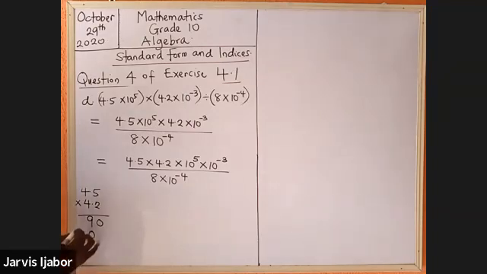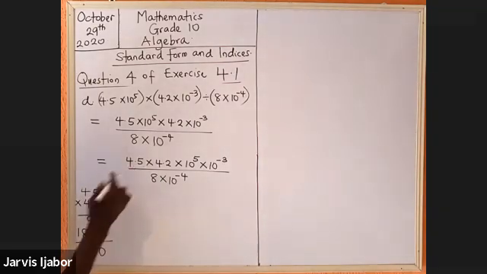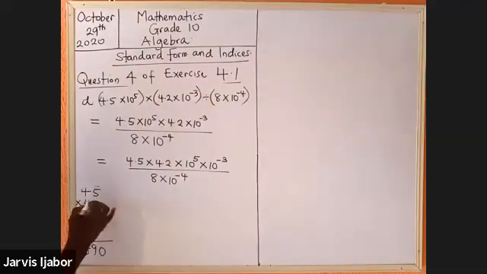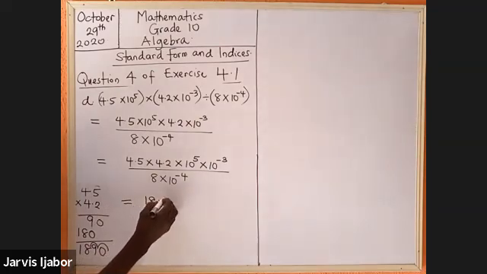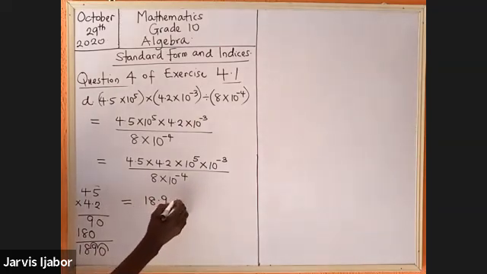16 plus 2 will give me what? 18. So this answer will be 1890, taking into consideration that I have 2 decimal places accounted for, 1, 2. So this will be what? 18.9